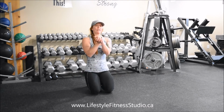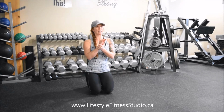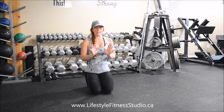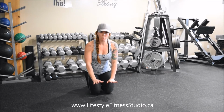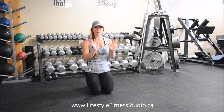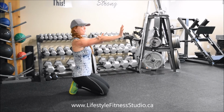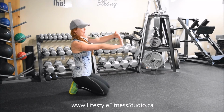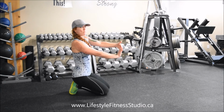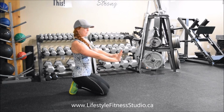For every single one of these floor exercises, if your wrists are particularly tight and you find you're not flexible enough to do this on the floor, you can do all of these exercises on the wall, standing up against a wall, and then you still are going to have the straight arms, and depending on how far down the wall you go, the bigger the flex is going to be on your wrist,